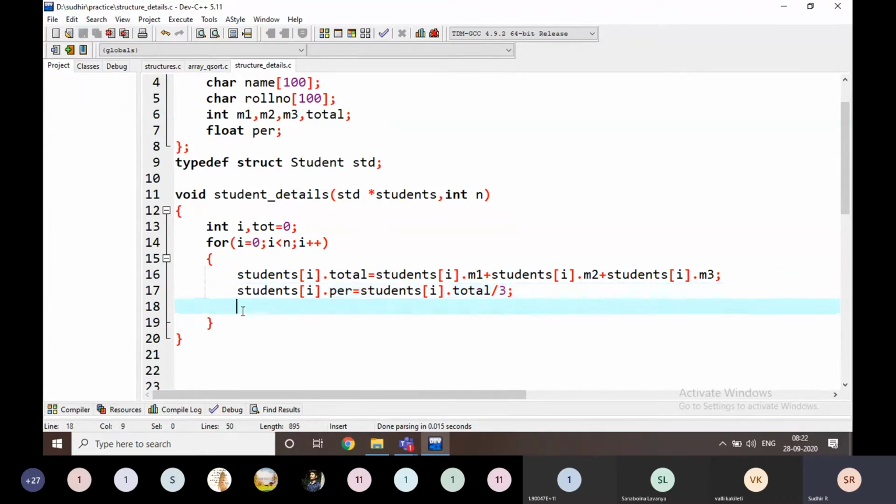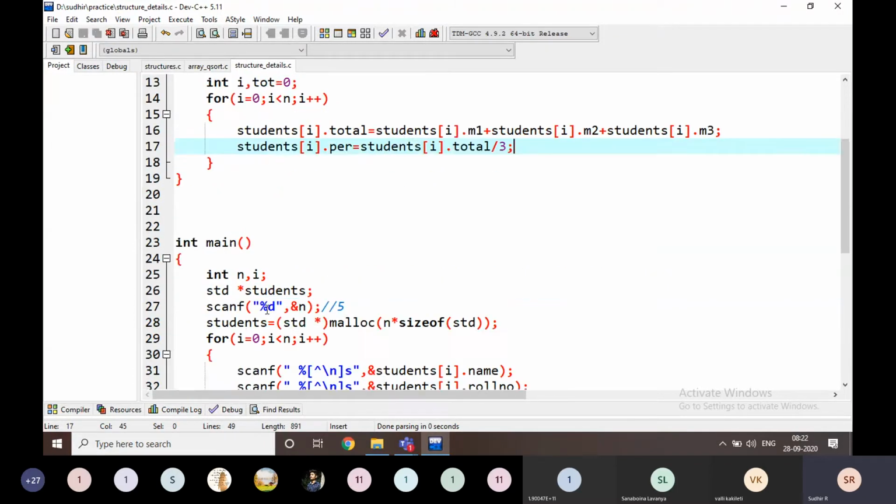For example, I am going to execute it. What will happen, I will show you. I am going to execute it. Two students are there, Sudhir and 1 2 3, and the marks will be like this, and Ravi.